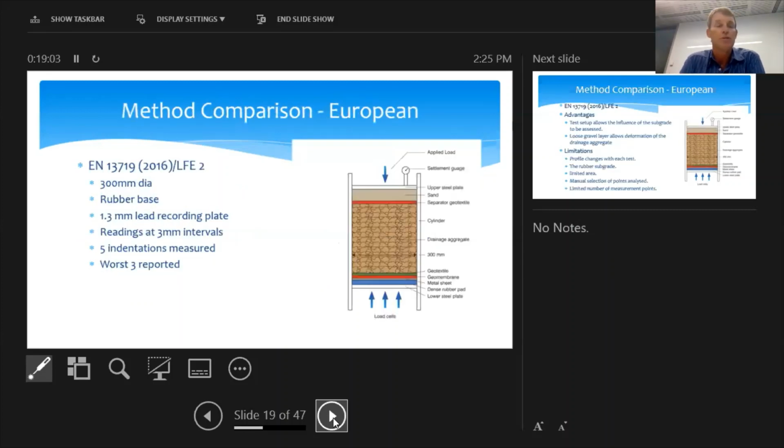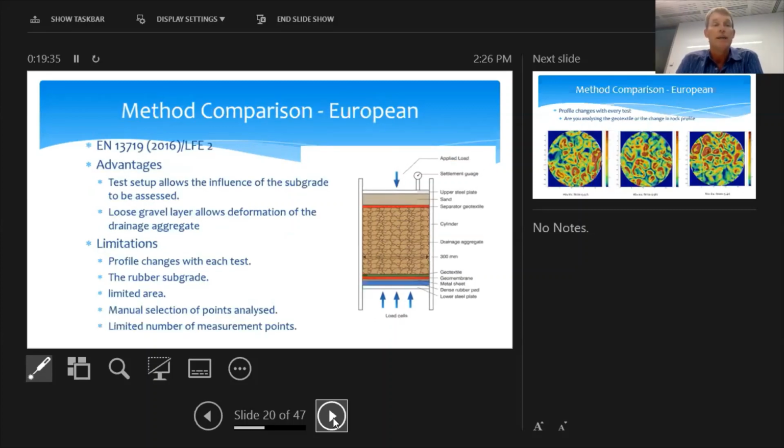So in terms of the European method, it's essentially a cylinder test, a 300 millimeter diameter cylinder. It has a rubber base on the bottom of the apparatus. It uses a 1.3 millimeter lead recording plate to record the indentations. Five indentations are measured. The worst 3 are recorded, and readings in terms of strain are every 3 millimeters, and we'll go into a little detail